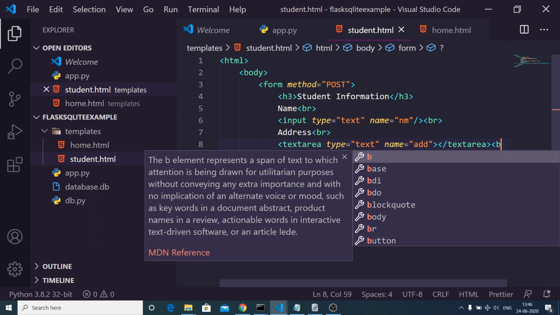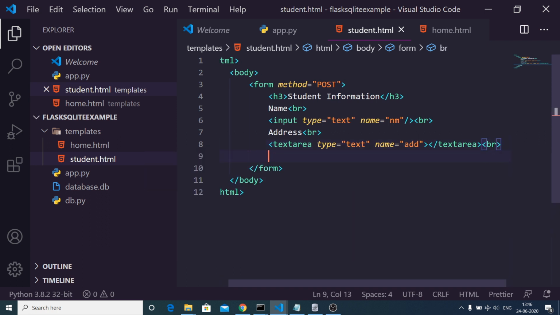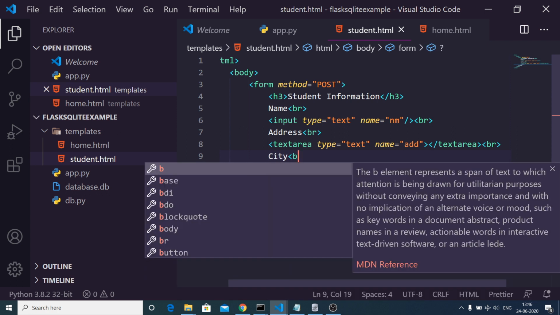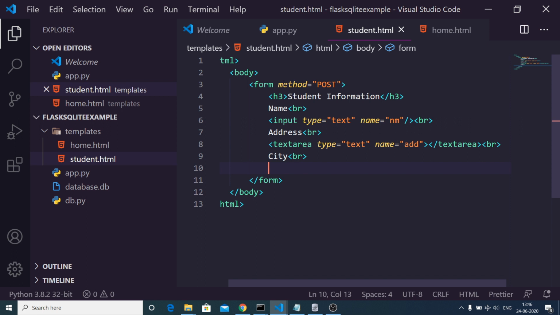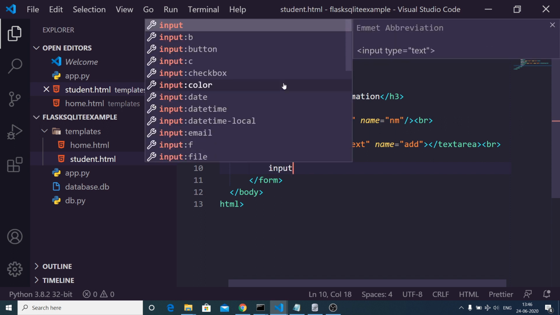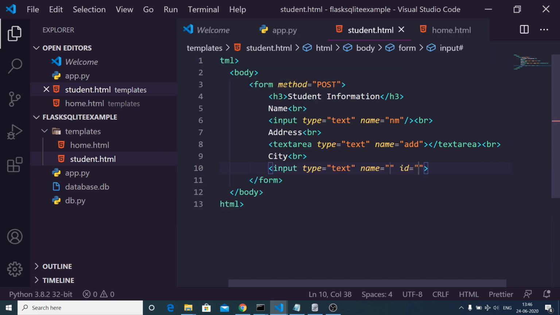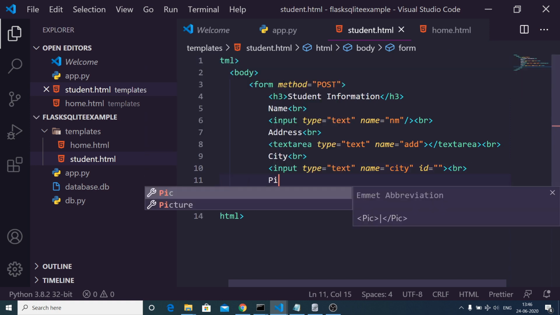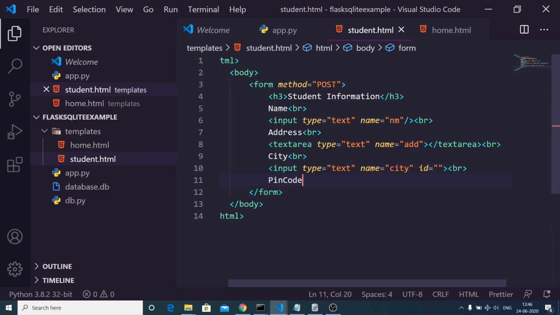So after this we will again have a break tag. After this we will have a city, and then we will again have a text field for the city. So here we will give the name attribute to city. Again we will have a break tag, and last but not least we will have the pin code.